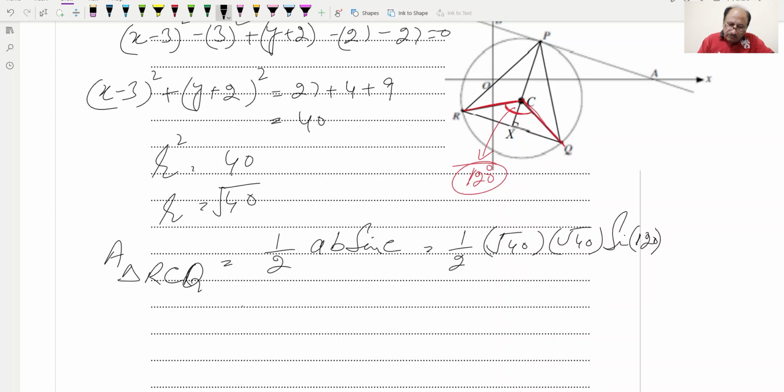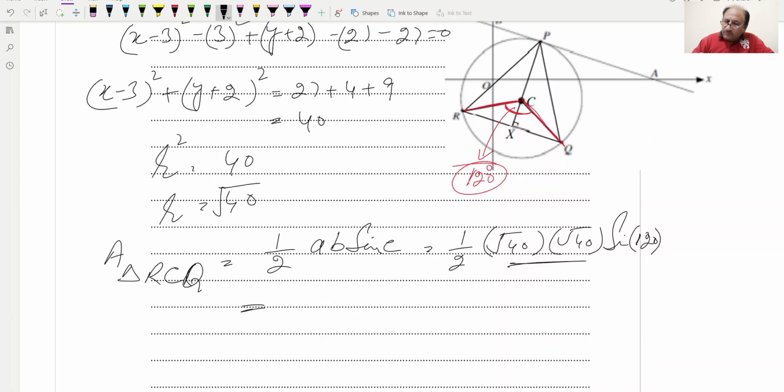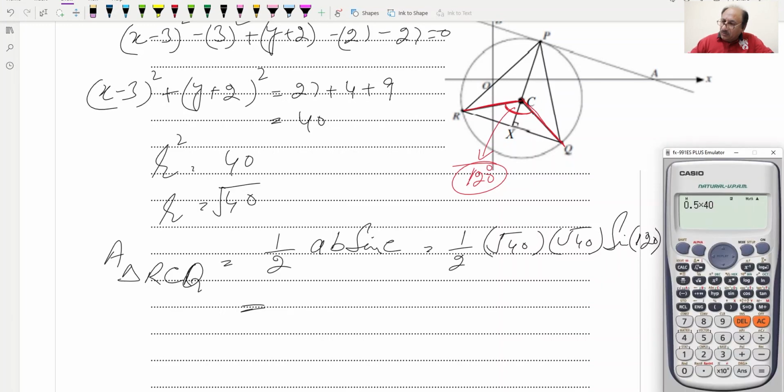By the calculator, 0.5 into 40, the roots will cancel, so it will be 40. Basically the square of these two results in 40, and then sine of 120 degrees is resulting to